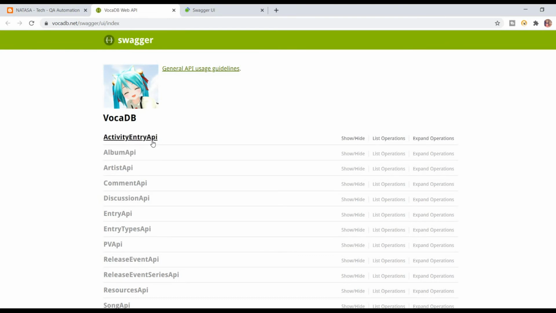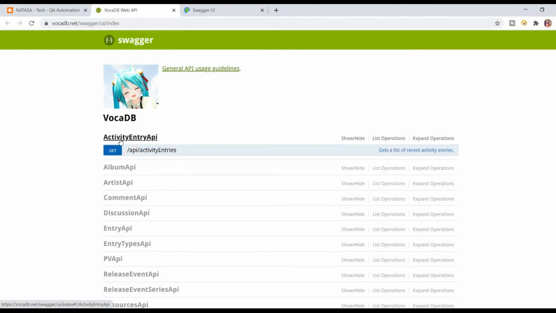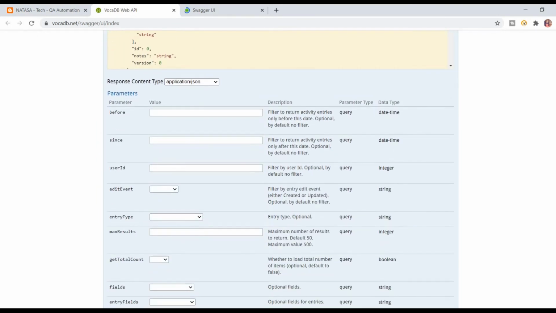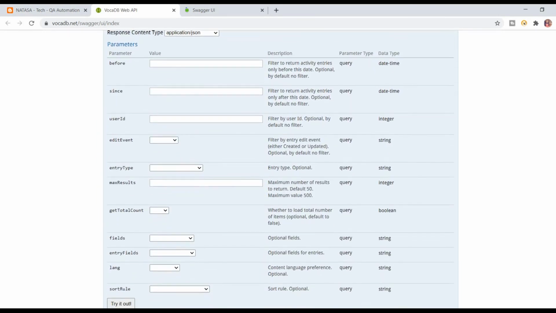Fetching resource. Okay, so here are the details, the list of operations available under this action. There we can see the GET method. I'm going to click this one. So here there is a list of drop-downs available. Whichever data you want, you have to select in the drop-down. I don't know these values beforehand, so whichever value I know, I'm going to pick those values only.